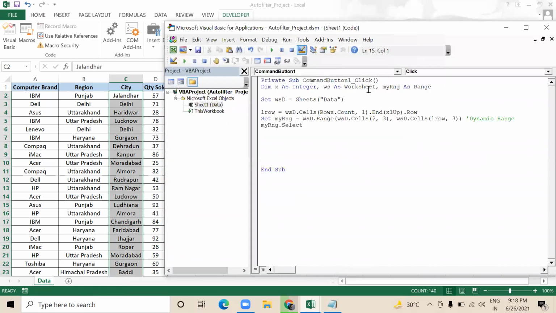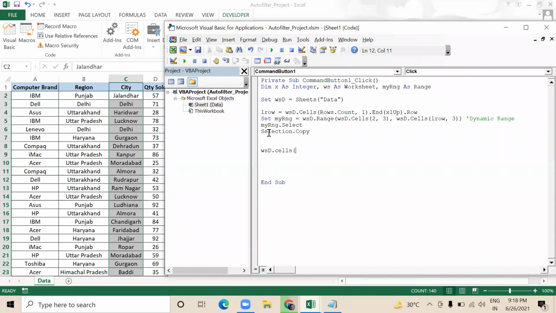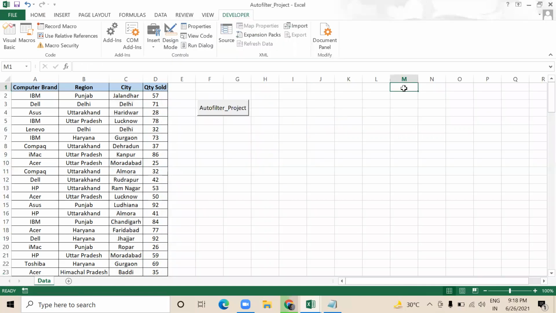Now I want to say Selection.Copy, so it will copy the data. Then WSD.Cells, I want to paste this data on M1. Let me check which column M is.